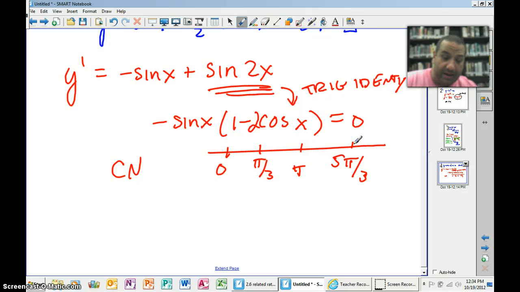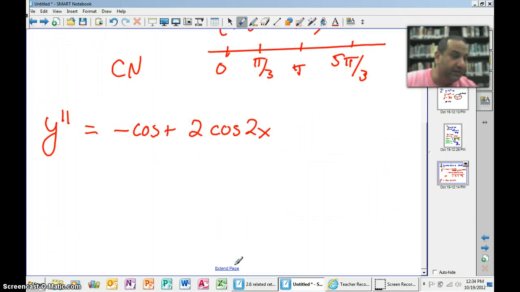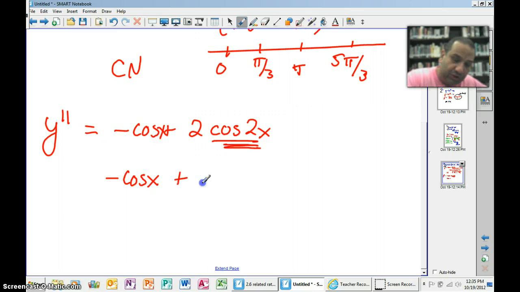But I want to go to the POI, so I want the second derivative, which is going to be negative cosine x plus 2 cosine 2x. Now, I'm going to have to do something here, folks. I'm going to have to do another trig identity. Hooray! So we get negative cosine x plus 2, and I'm going